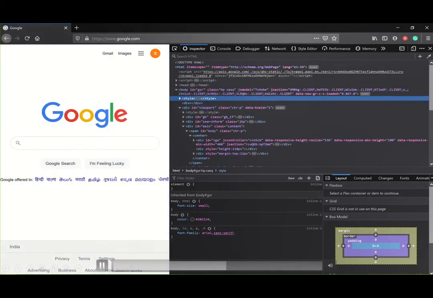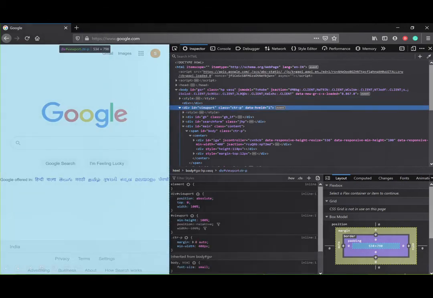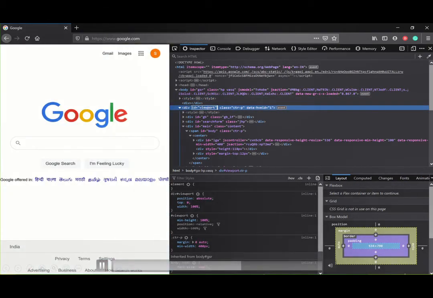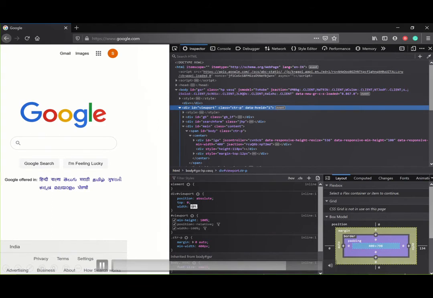Yes, you can also edit the HTML or CSS on the fly in the Elements or Styles panel that opens. Let me change the width attribute for this division. Yes, now you can see the changes that are happening in the page lively.